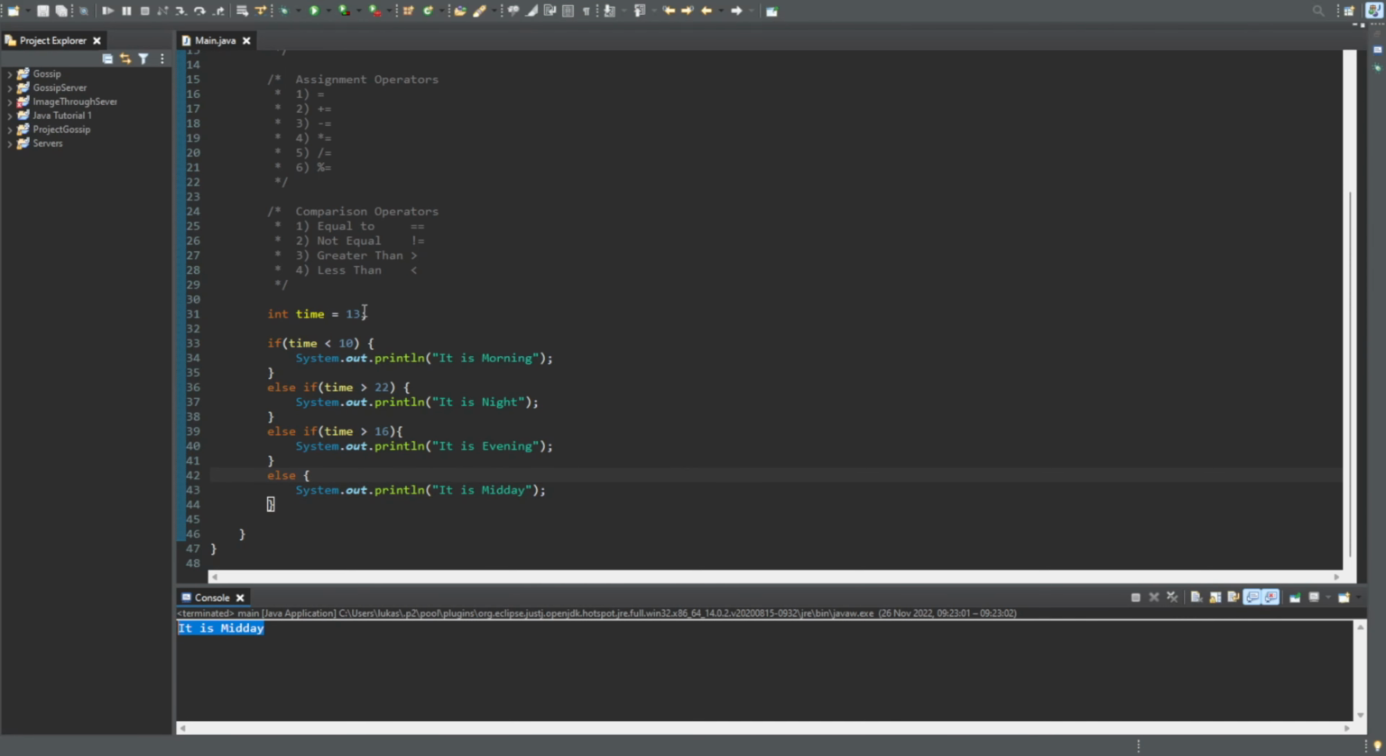It is midday. Let's change the value here to 8. So it's 8 in the morning. Now you can see the first condition is true because time is less than 10. So 8 is less than 10. That's true, so we will print out it is morning. There are other ones, except the only thing is, let's say we have the value